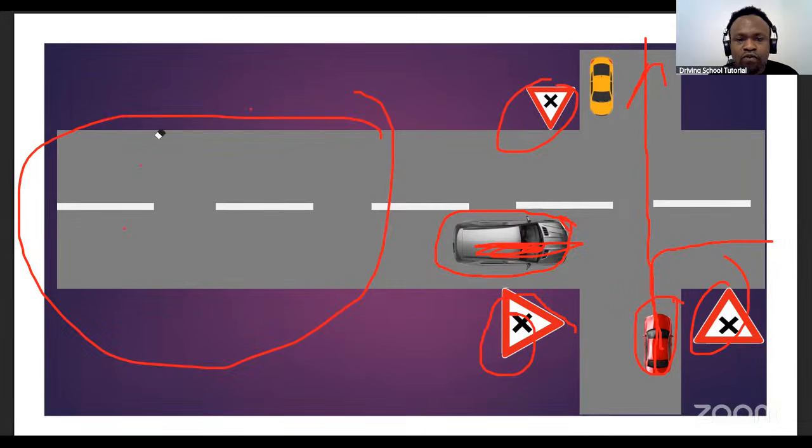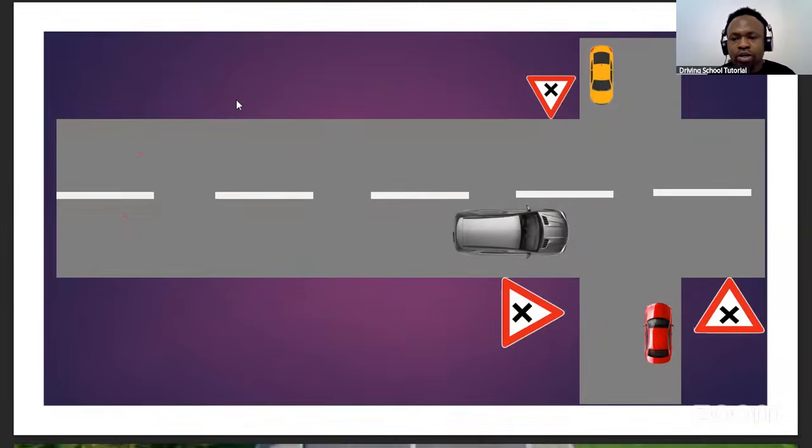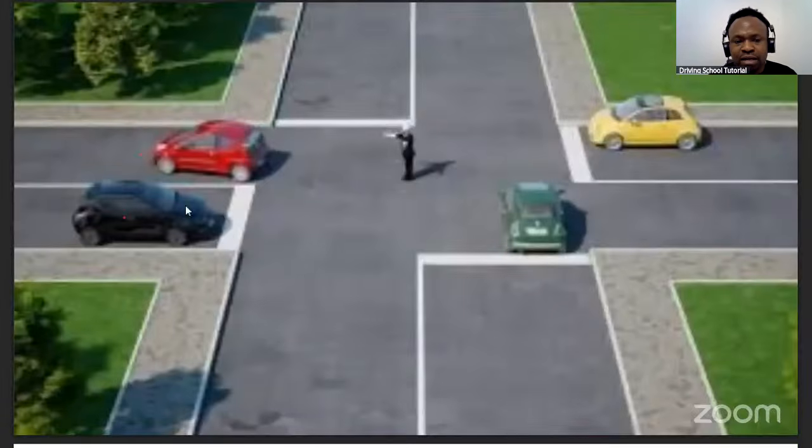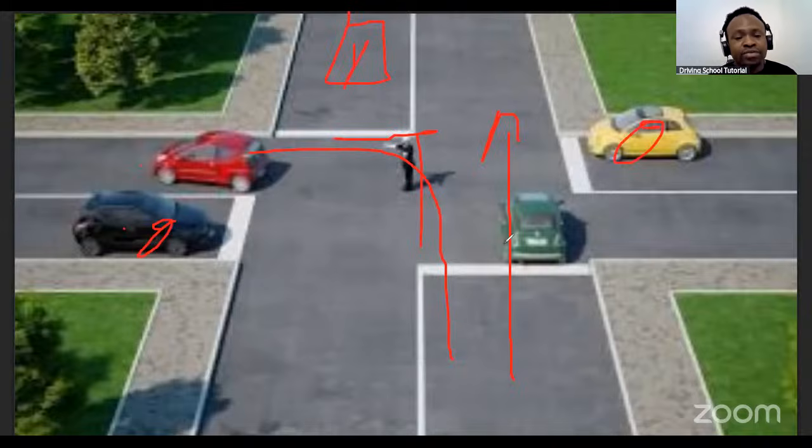So, giving right of way in a junction does not depend on the size of the road or the size of the vehicle or the color of the vehicle, but it is something that is ordered by traffic rules. In the same way here, you have the traffic agent standing in a rectangle form. In this case, the vehicles that are coming from his left hand have green light. But the vehicles that are coming from here have red. You understand? So the right to engage the junction is not given by the size of the road or the size of the vehicle,